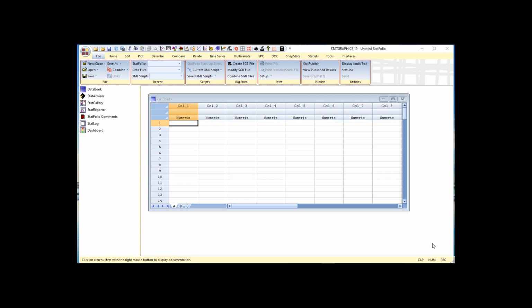Rather than having pull-down menus, as you scroll through the different options, which are pretty much the same as they were before, describe, compare, relate, and so forth, you'll see that the options are all laid out on the ribbon bar. I think it makes it a lot easier for people to find what they're looking for. And it also gives it a little bit more of a modern interface. The system toolbar, which used to be below the menus, is now at the top. You have the same sorts of options that you had before for